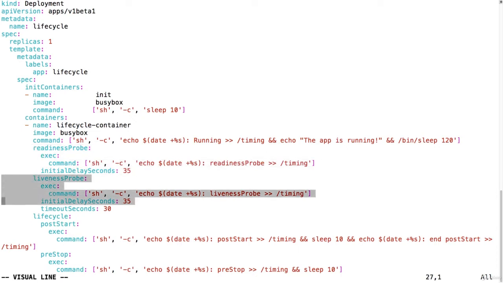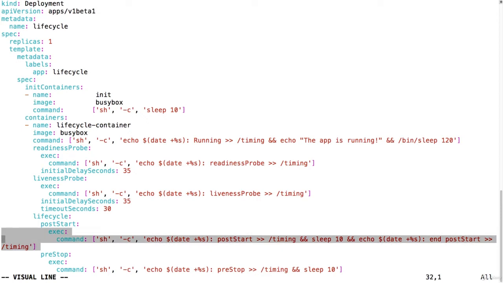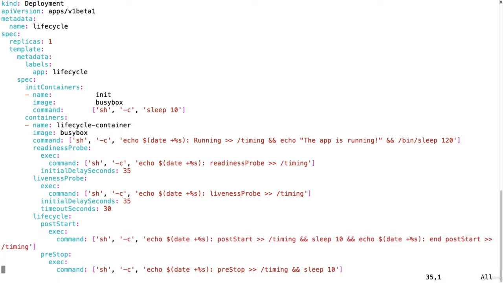The liveness probe, the lifecycle, and in the lifecycle we have a post start and a pre-stop. So these are the hooks that we're going to use, and using those hooks we can execute a command in our main container. So here we're also going to write to /timing just to see when this command will execute. And then the pre-stop is also going to write to our file, and then it's going to sleep for 10